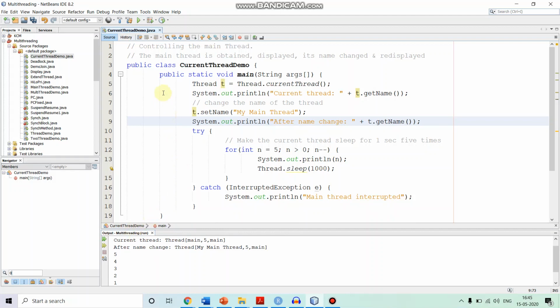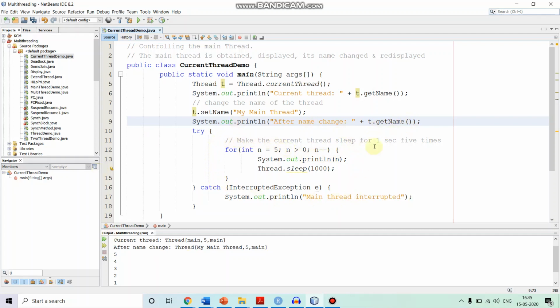I'll just brief the steps again. First we try to get a reference to the main thread by calling Thread's currentThread method. Then we print the name of the main thread by calling t.getName. Then we modify the name of the main thread by calling t.setName. Then again we print it after the name change by calling t.getName.